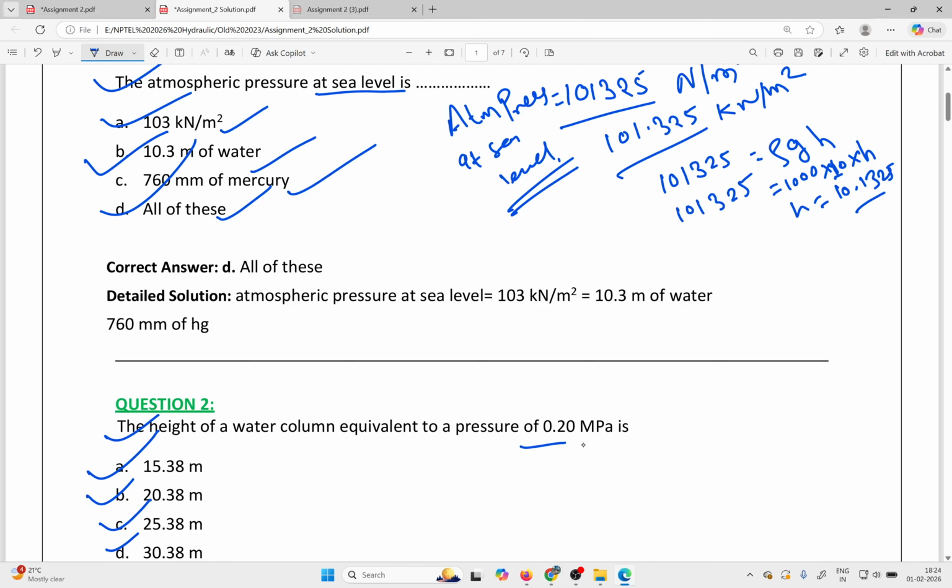So now the pressure is 0.2 megapascal. Here you have to write it in terms of water column. Similar to before, this was the pressure, and you have to write it in terms of head also. You can write it very easily. This is your water. So H is nothing but